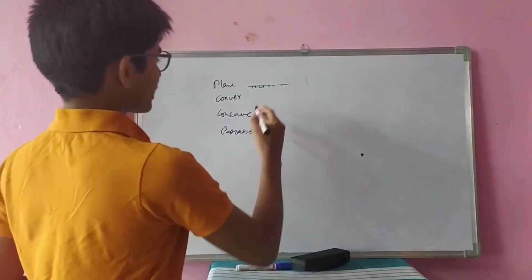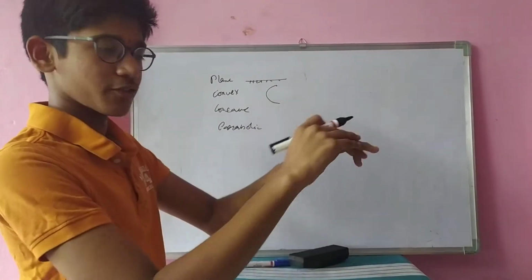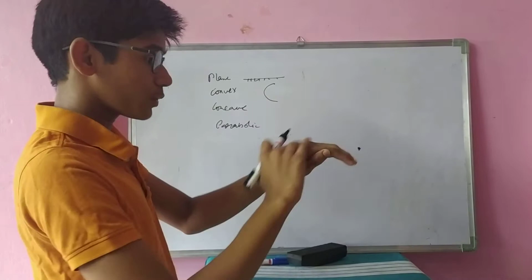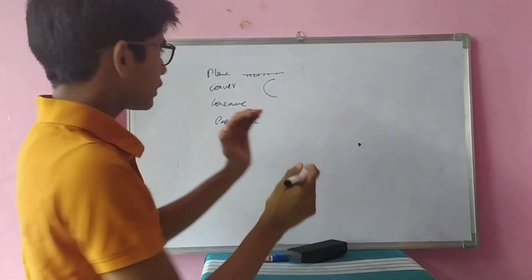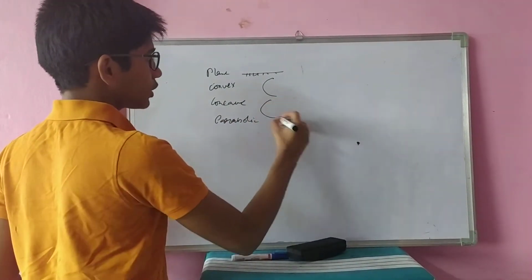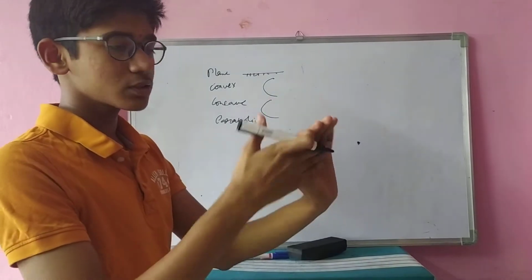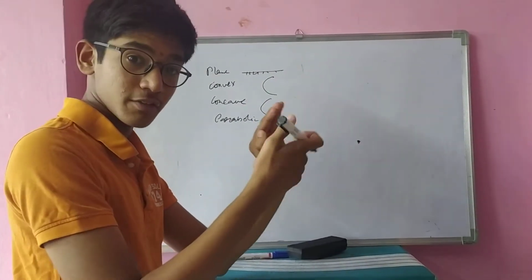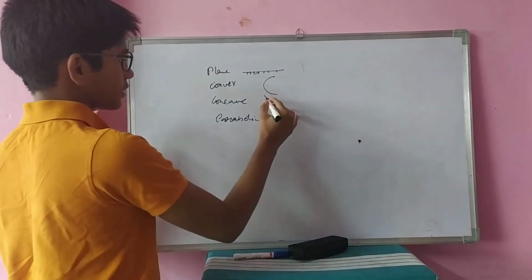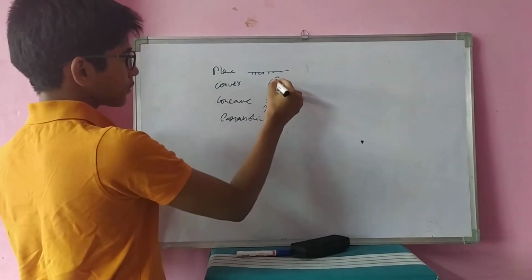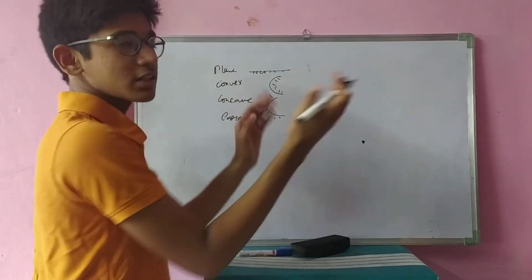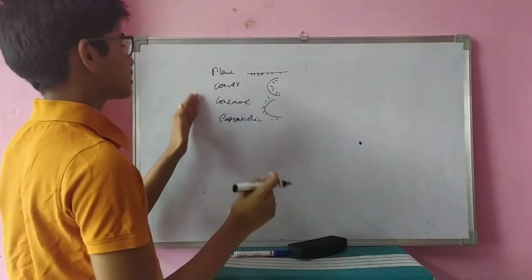Convex mirror is the mirror in which the outside surface is not coated and the inside surface is coated. And concave mirror is the mirror which is coated outside and the reflecting surface is inside, in the sense this. This is convex. Convex and concave are oppositely situated. And parabolic is a different case.